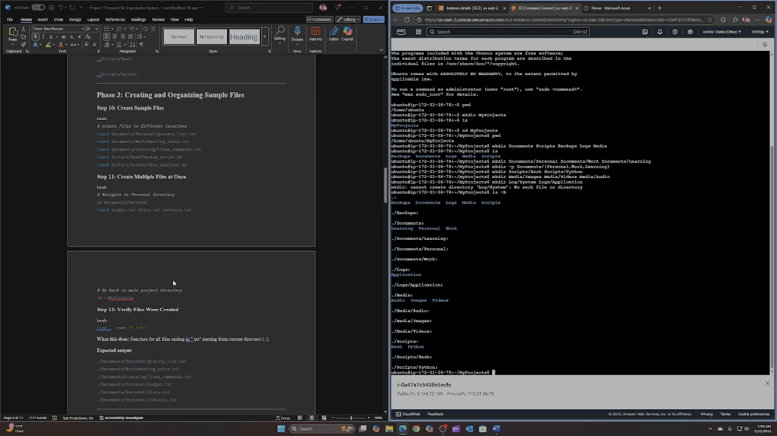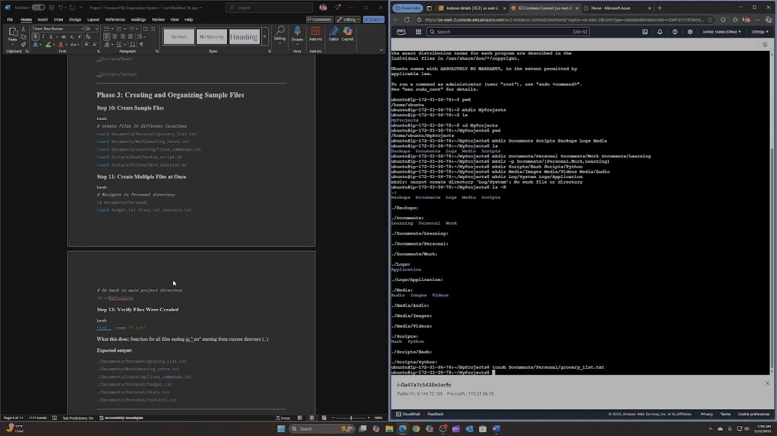All right, so moving on to phase 3 of creating and organizing sample files. Step 10, creating sample files. So going to create documents, personal, grocery_list.txt, and make a text file. We're going to make document